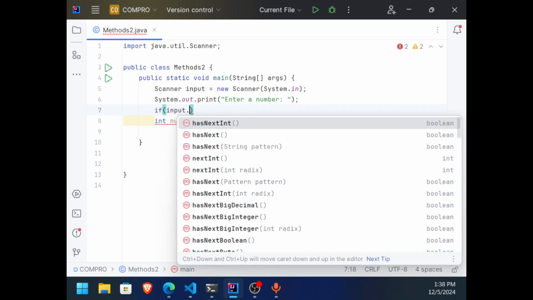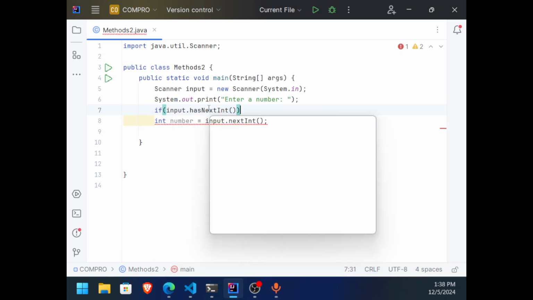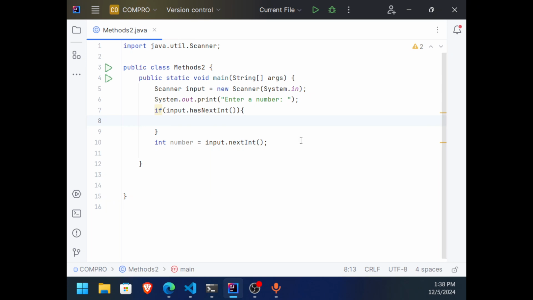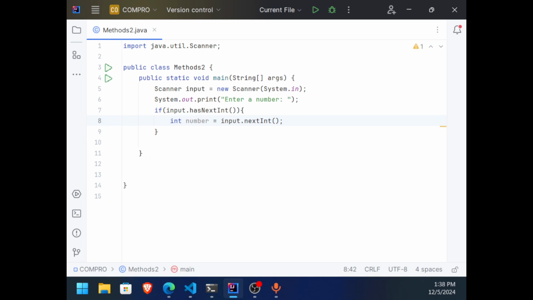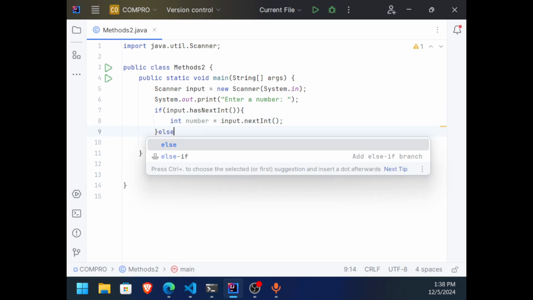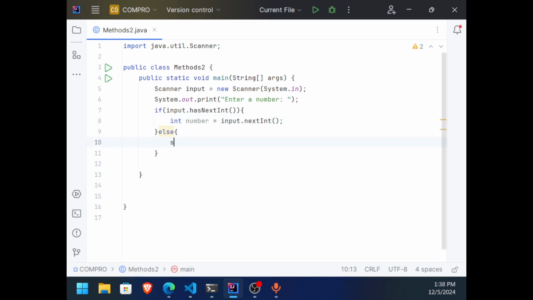If input.hasNextInt, we can proceed to getting the number, right? Else, we will say invalid number, try again.